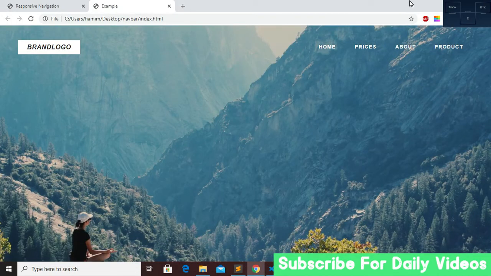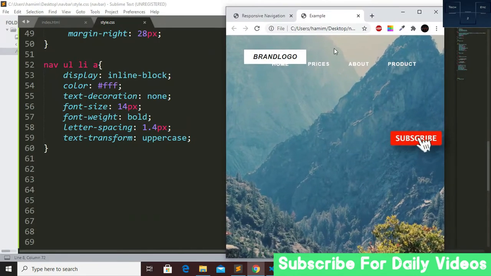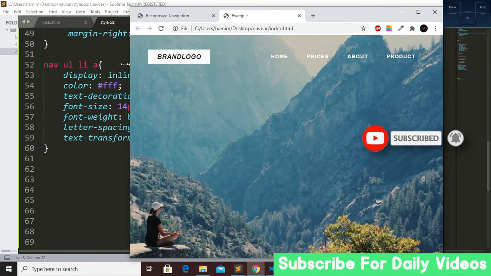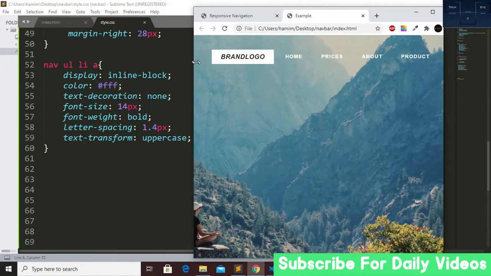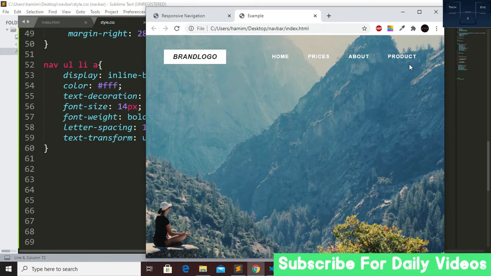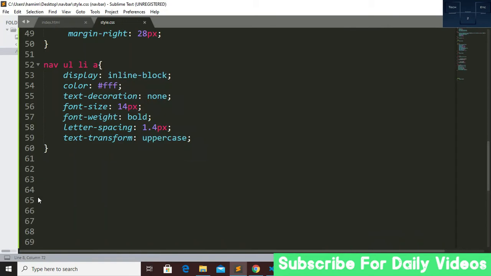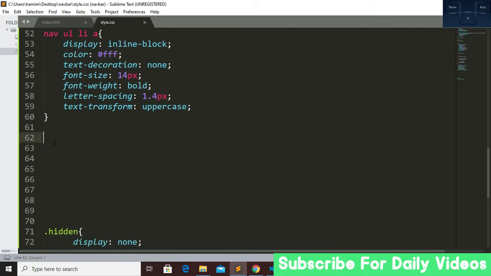So here you can see that if we decrease our screen size, this is not responsive at all. So first we have to create a media query to make this navigation bar responsive. So go to our text editor, and for media query we just have to type at the rate of media, and then we have to create a media query for our screen sizes.